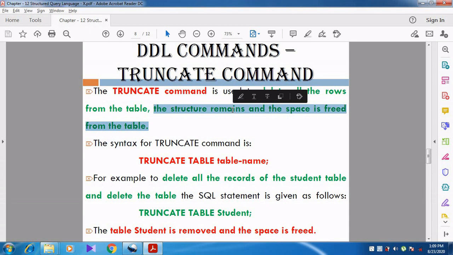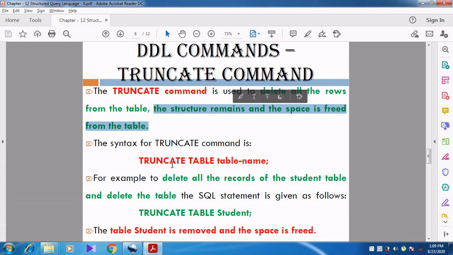In the truncate command, it deletes all the rows and the memory space will be freed. But in the delete command, the rows will be deleted, the memory will not be freed. It will be as it is.